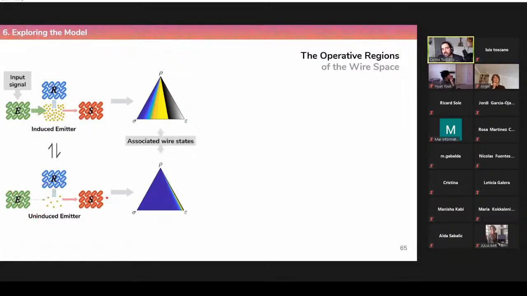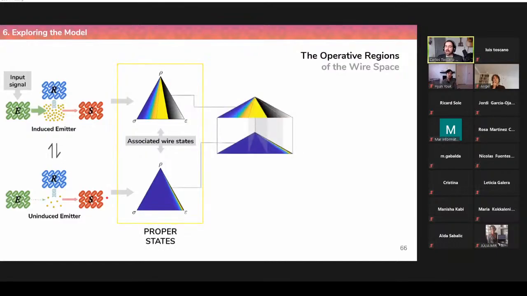These two are the wire states, and in particular, these are the proper states. Okay, so now if we recall that even when we have these two states of the wire space, if we have a culture that is lying in that precise position, it's in the same position in both scenarios. We are only changing